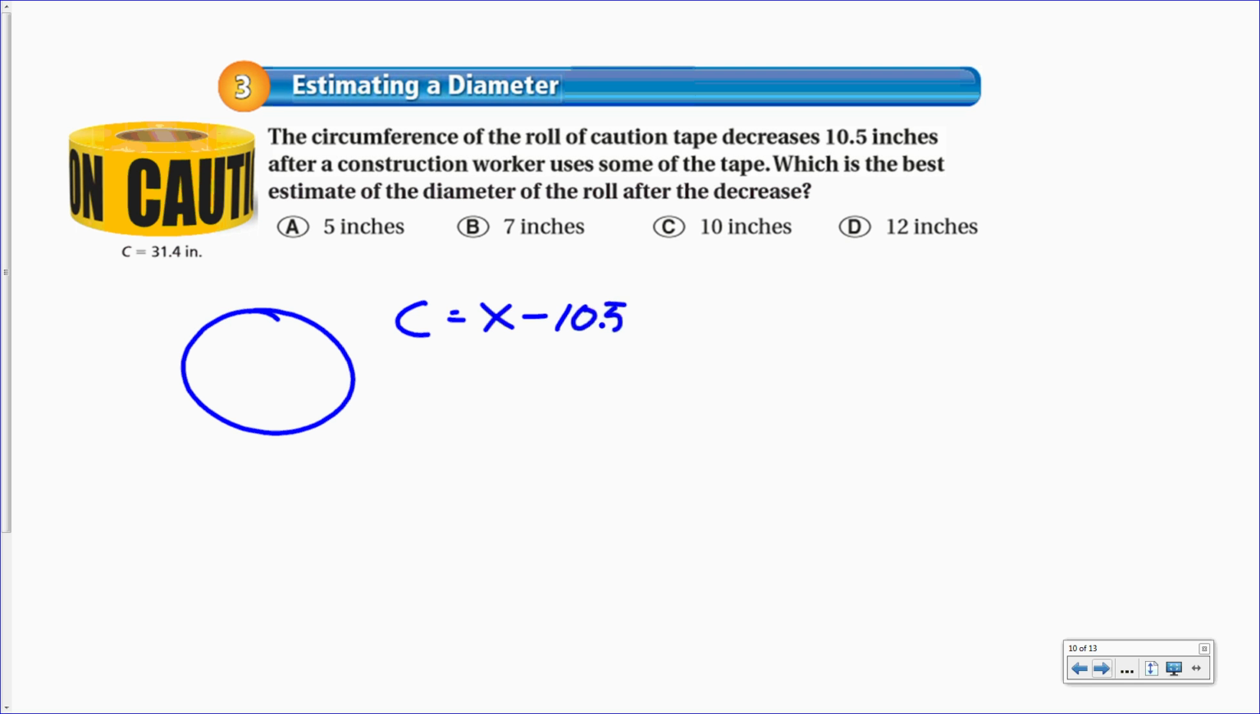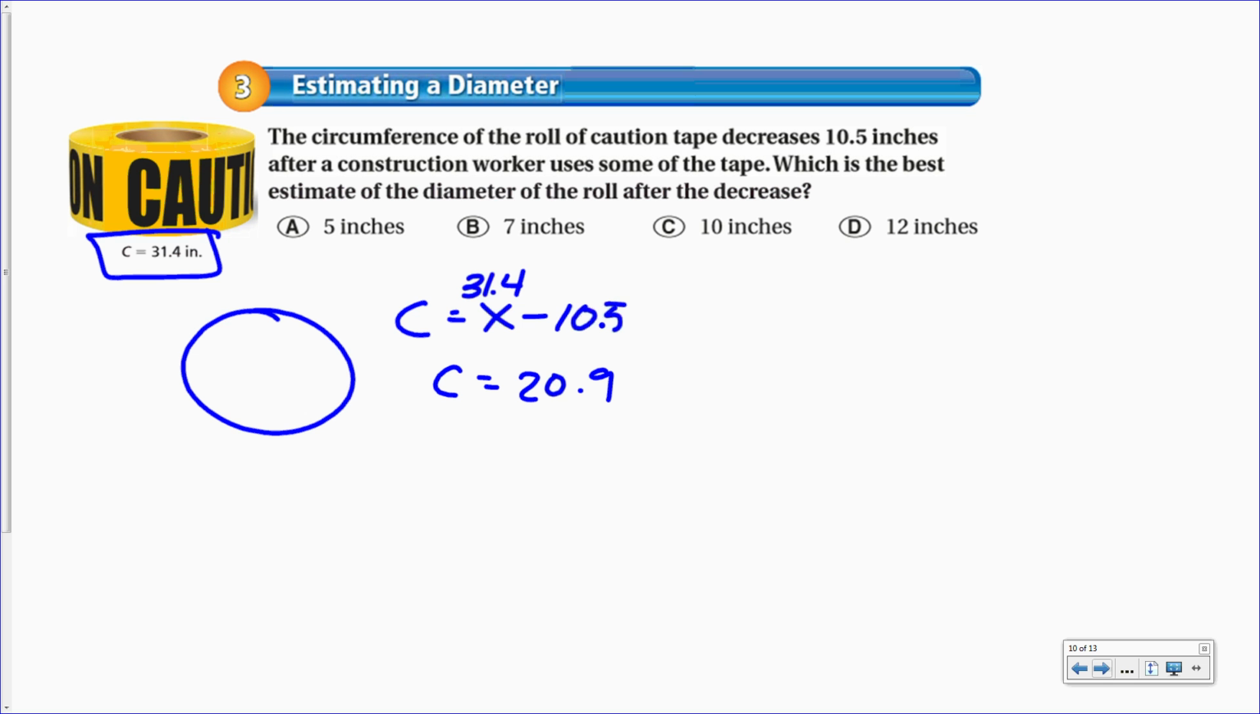It says the circumference right now in the beginning is 31.4. Notice this over here. So it decreased by 10.5, so we'll stick a 31.4 in here. And if you subtract that, 31.4, and you take away 10.5, you come up with